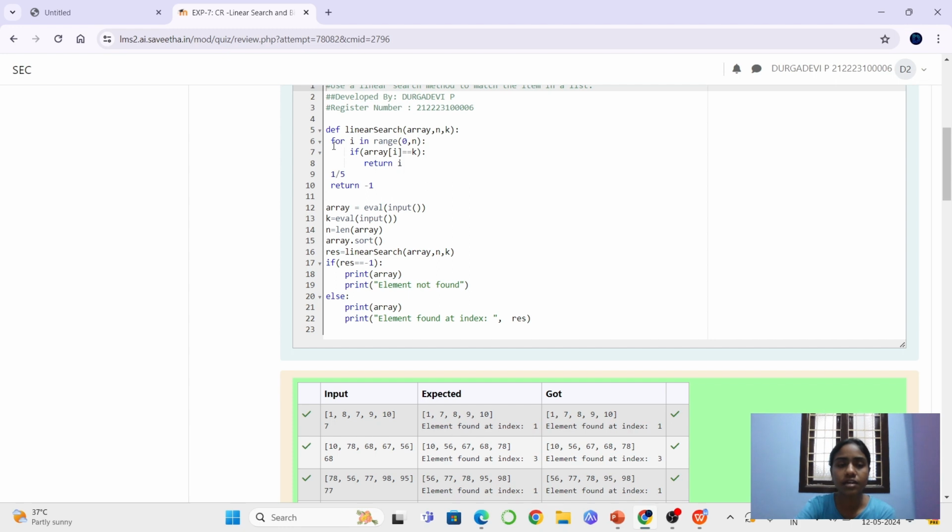Inside the function, I am defining a loop, that is for i in range of 0, n. Here the loop starts with 0 and ends at the length of the list. Inside the loop I am defining a condition: if array of i equal to k, it will be checking whether array of i, that's the value, is equal to my finding value or not. If this is satisfied, I will get the position of the element where I found my searching element,